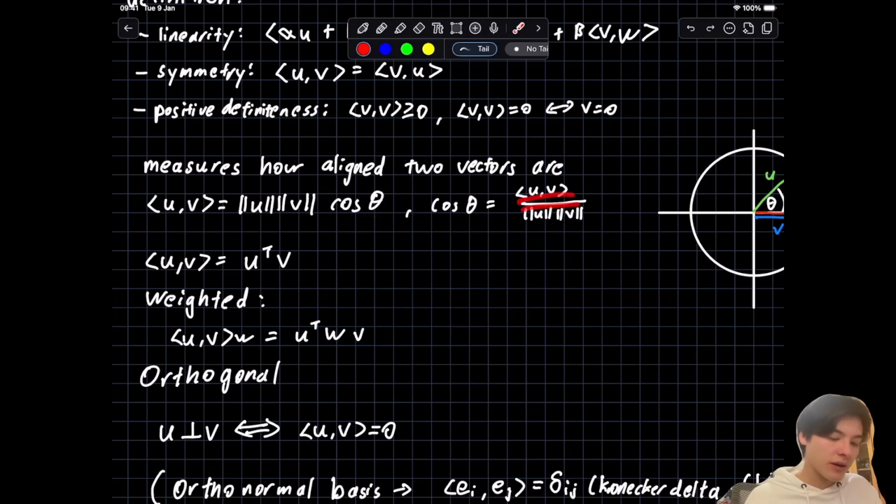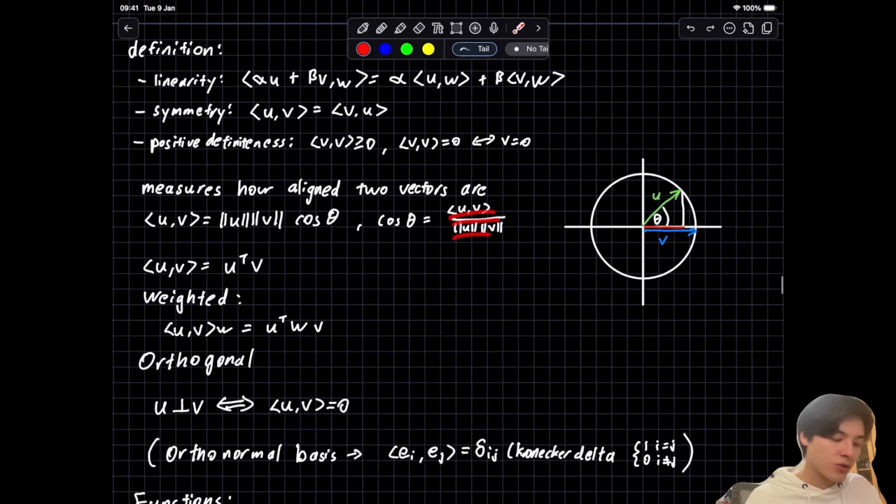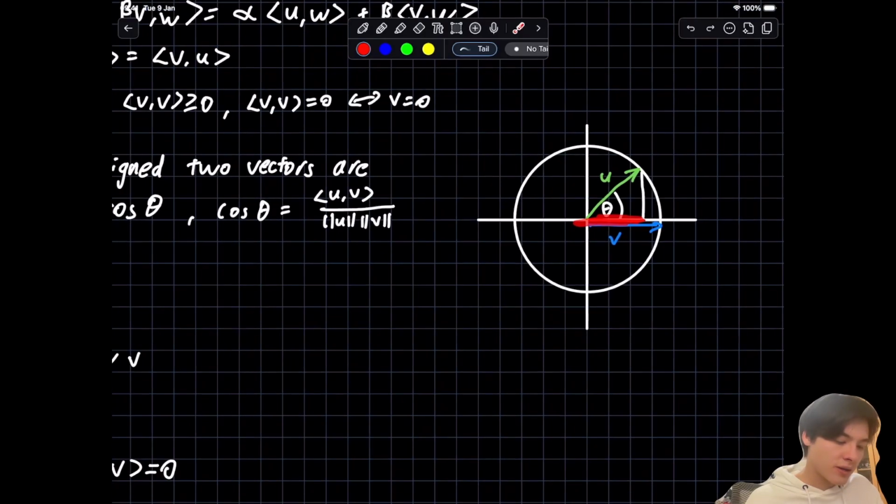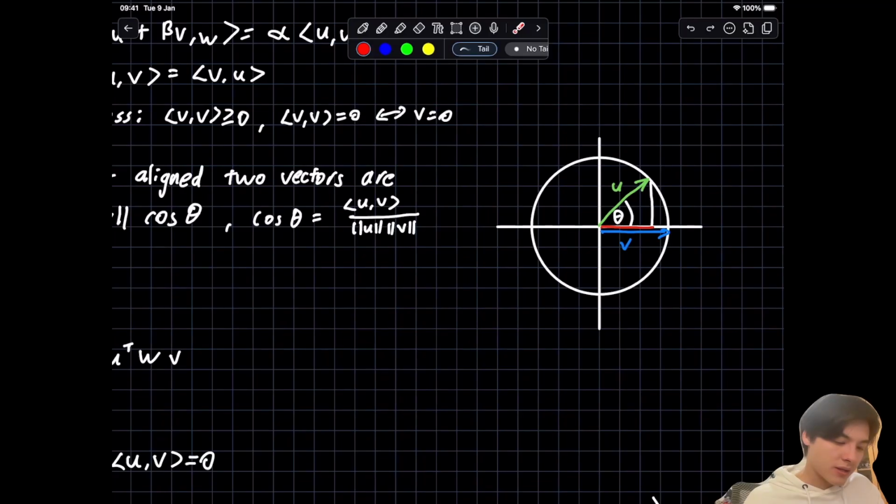The dot product divided by the length of the two. So if we have the unit circle and we want to see how aligned these two are, it's this u·v that tells us how aligned they are, and the cosine of this gives us this length, right? The cosine of this is basically this divided by,